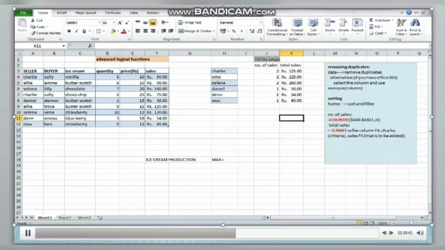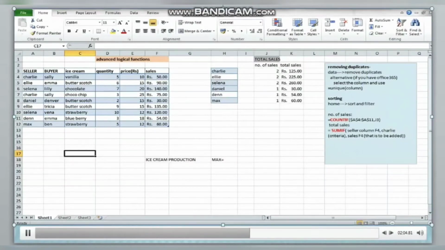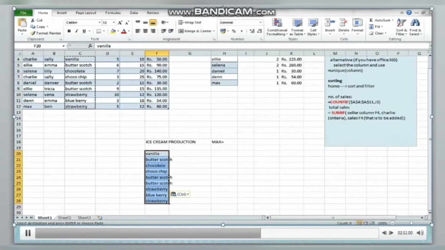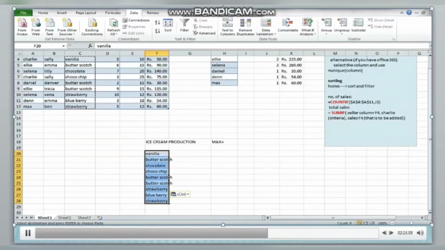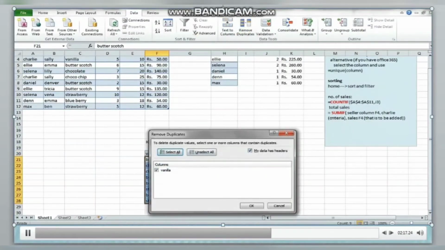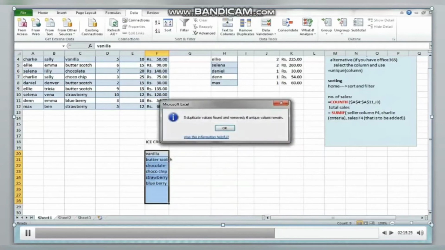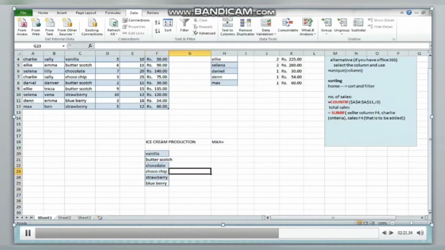Next, if I want to find the ice cream production, similarly, instead of the seller column, we will take the ice cream column and paste it here. Again we will remove all the duplicate elements, so go to Data, Remove Duplicates, and OK. Now we have to calculate the total quantity of each of the flavors.